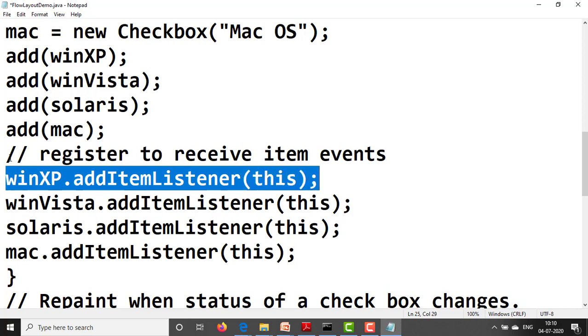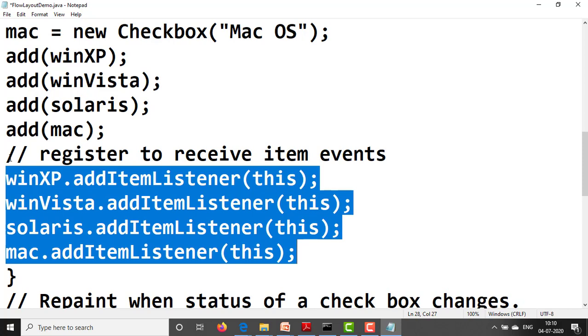WindowsXP.addItemListener(this); WindowsVista.addItemListener(this), Solaris.addItemListener(this), Mac.addItemListener(this). In this way, these controls are registered for receiving the item events.